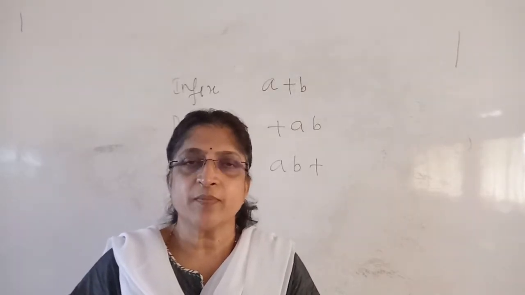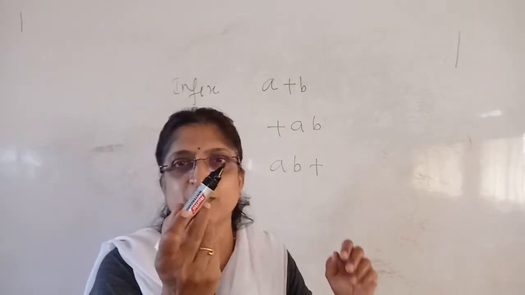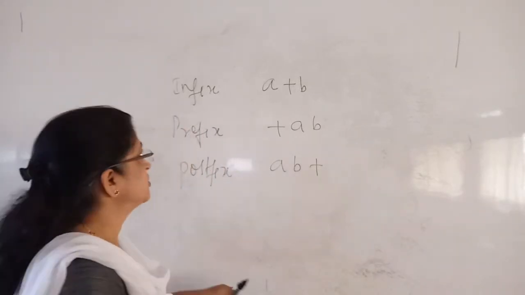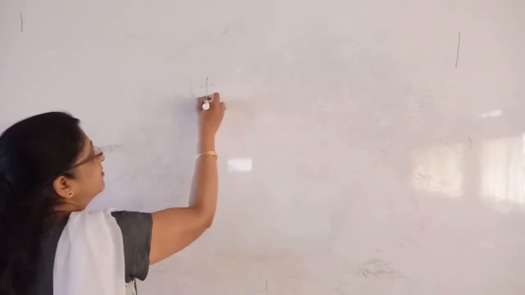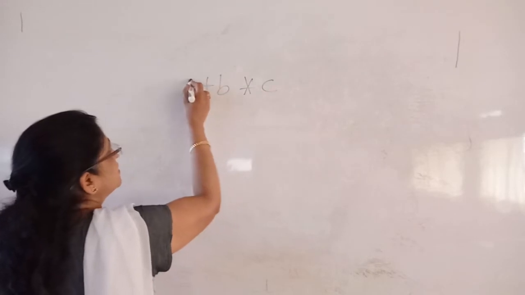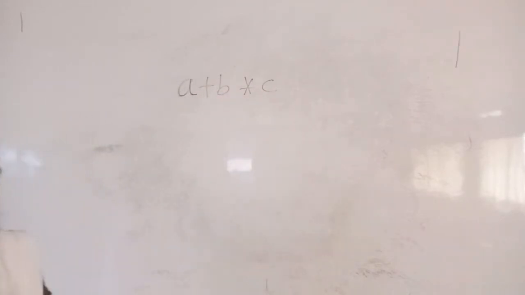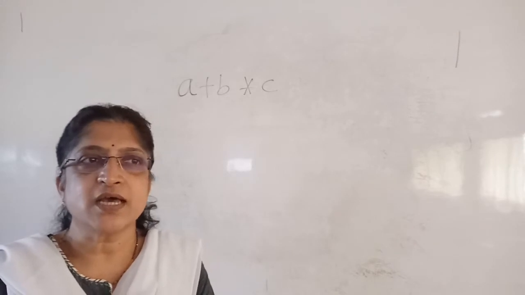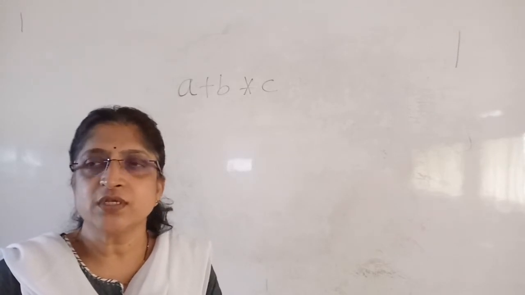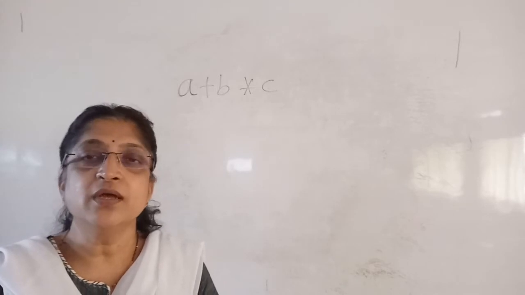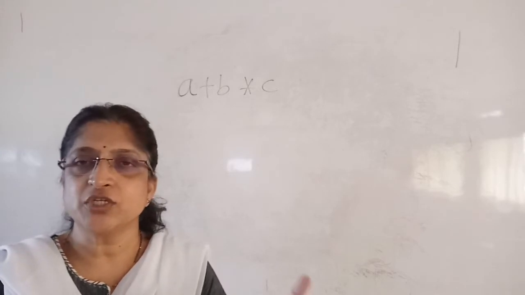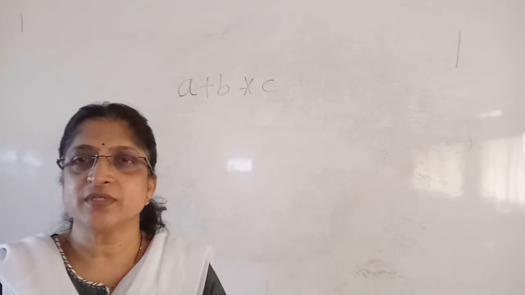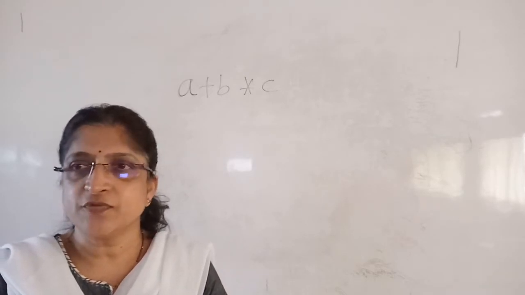So first we'll learn it using the paper and the pen method. Of course, I use the board and the pen method. Let's see the expression. So I consider one expression: a plus b star c. Let us say this is the expression given, a plus b star c. So when we want to convert this, first we have to parenthesize this based on the precedence of operators. So for the example, we are considering only addition, subtraction, multiplication and division operations. So we will consider only these four operations.